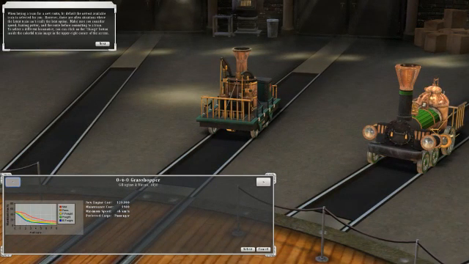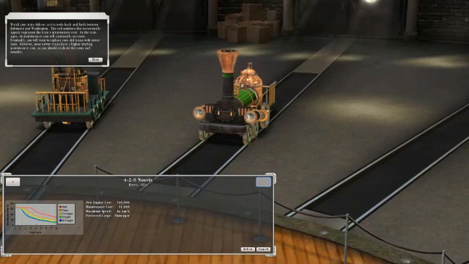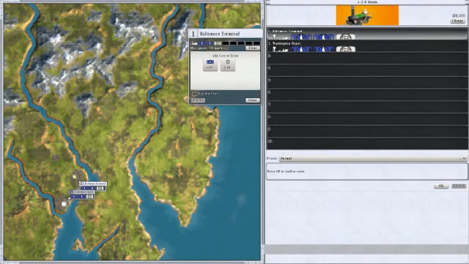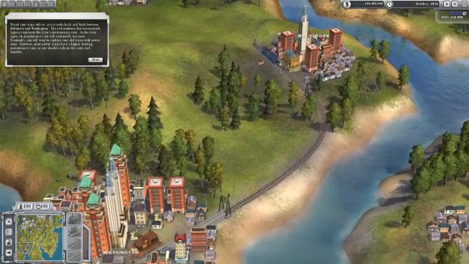All right, and these numbers mean something, and I don't know what they mean yet. So I think they're power, speed, and something. We're going to stick with this one because it's all we really have. We're going to hit OK to confirm the route. We'll just give it a normal priority. All right, watch your train as it delivers